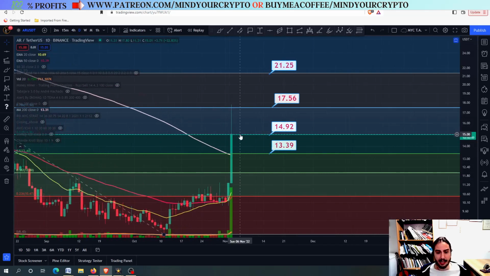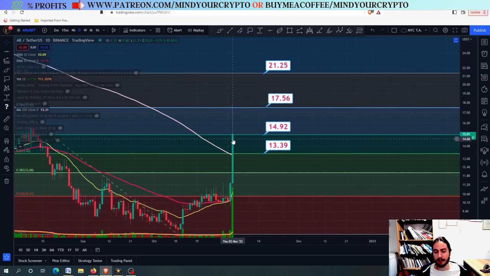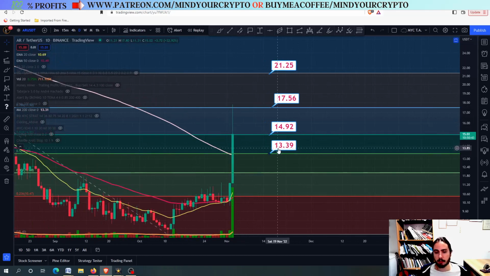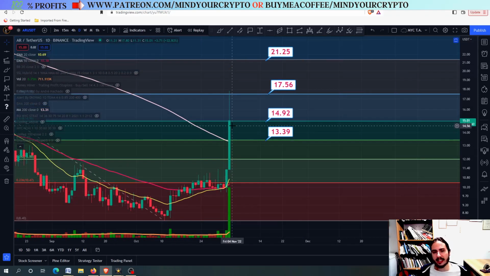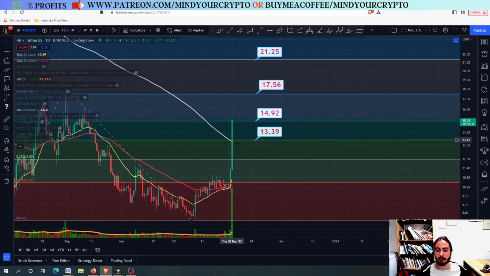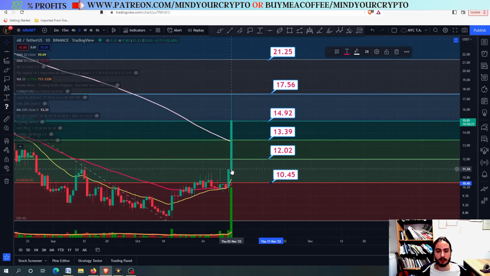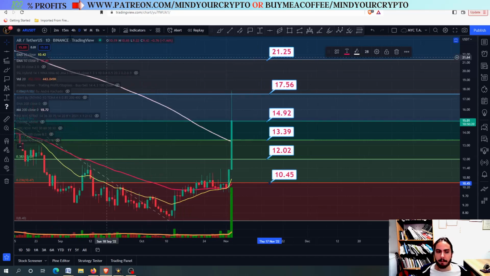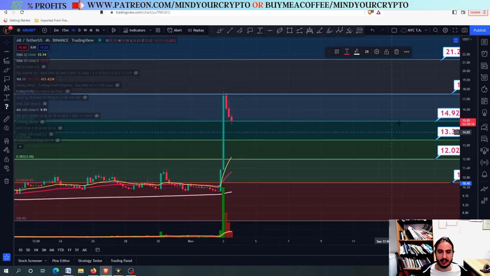And especially if we close above in the daily frame, it would be very nice to see Arweave closing above the 14.92. Now, the worst thing that can happen is that we close below the 13.39 in the daily frame, which is also the 200 moving average around there. If we do that, then this will be bearish, of course, and then we go back down to the 12 USDT and maybe even the 10.45, and this would be a very quick pump and dump that many altcoins are doing. For the time being, though, as we are holding this line right here,